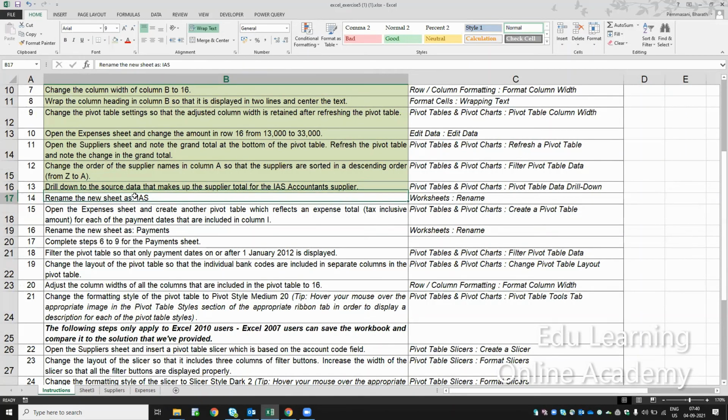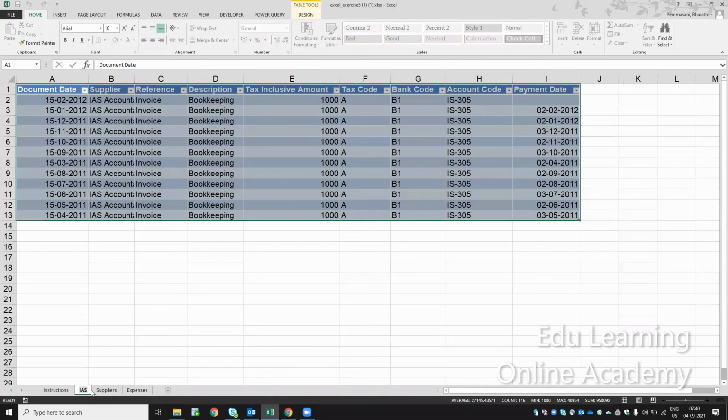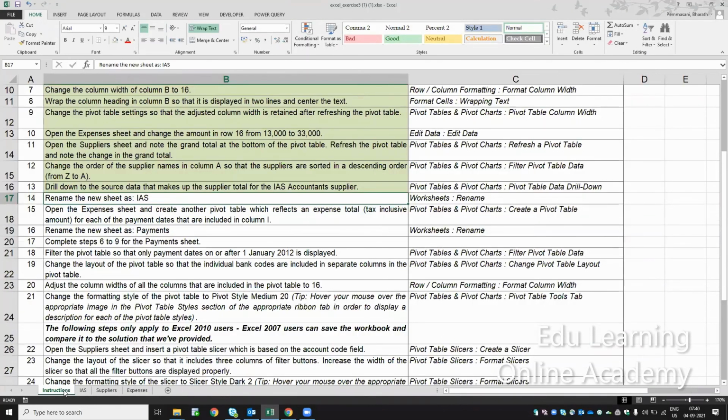So rename the sheet as IAS. They're asking to rename the new sheet as IAS. So okay, IAS. Next,